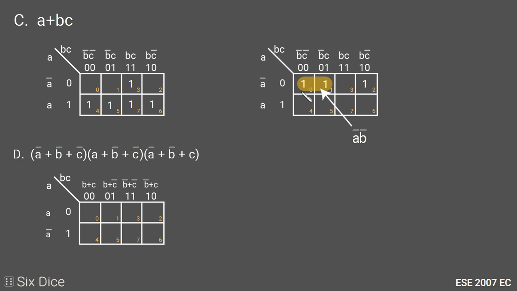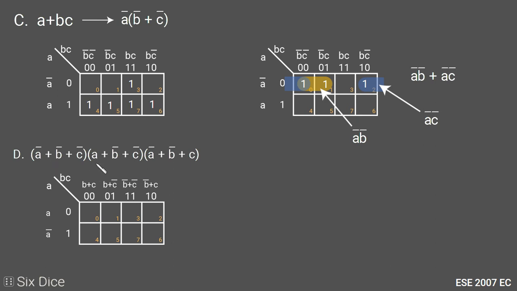And the second pair, which will be made with the 0th cell and second cell, will be minimized as A bar is common and C bar is common, so A bar, C bar. So the inverse of this function will be A bar B bar plus A bar C bar. So if we take A bar common out from both of the terms, the inverse of this function will be A bar in small bracket B bar plus C bar.